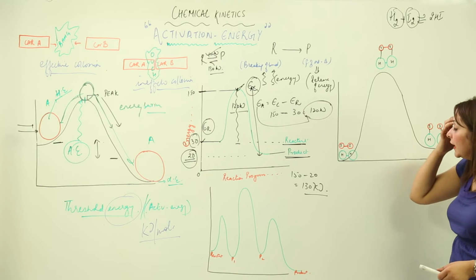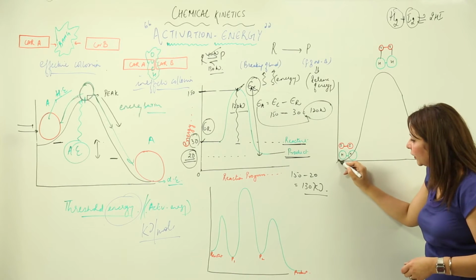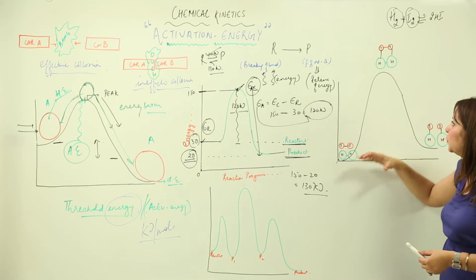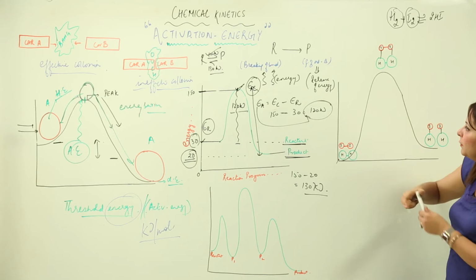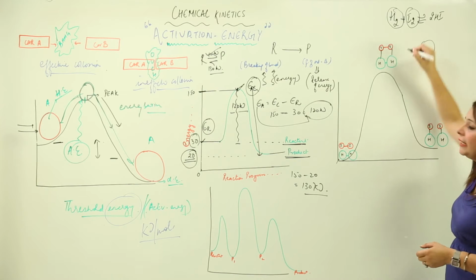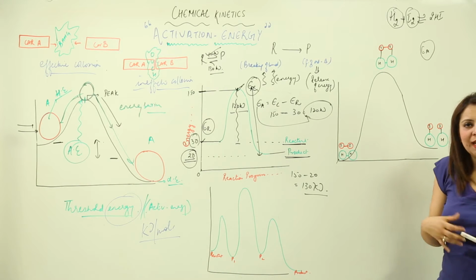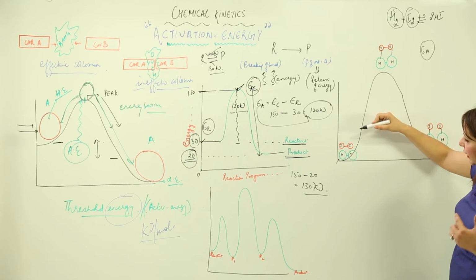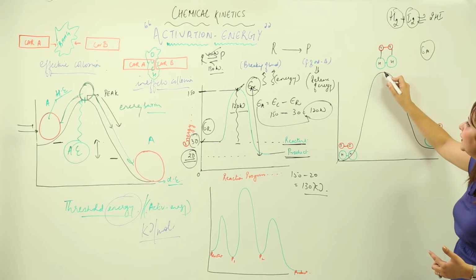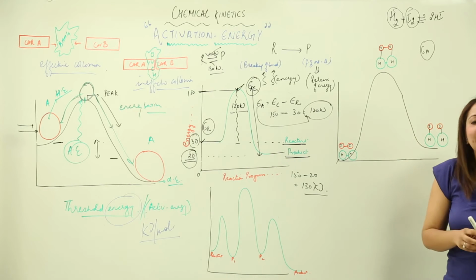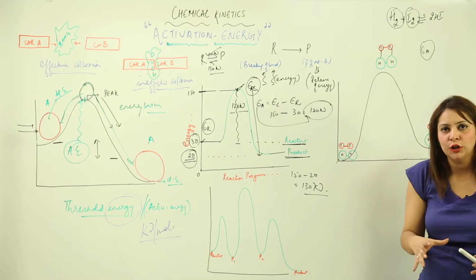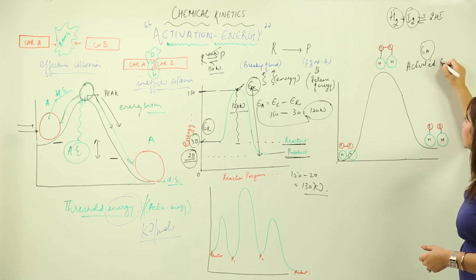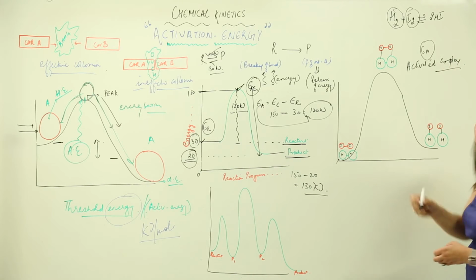So they possess the energy corresponding to this point. Now for a reaction to happen, they must possess energy at least equal to the activation energy so that they can cross the energy barrier. Suppose we supply them with energy, then they start crossing this peak, and when they cross this peak, another kind of bond is formed between those reactant molecules, and this is called the activated complex.